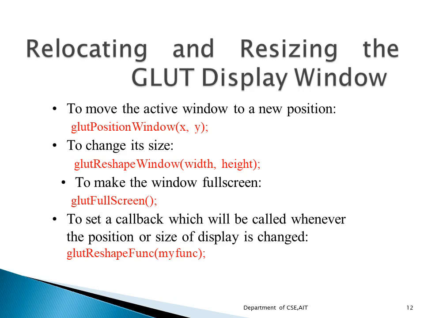When this glutReshapeFunc function is used, it is going to adjust the size of the display window, and a new width and height are passed as its arguments. Here we can see the function called myfunc. This is nothing but the callback function for the reshape event. We can use this callback function to change the parameters for the viewport so that the original aspect ratio of the scene will always be maintained and you will be seeing the object properly.